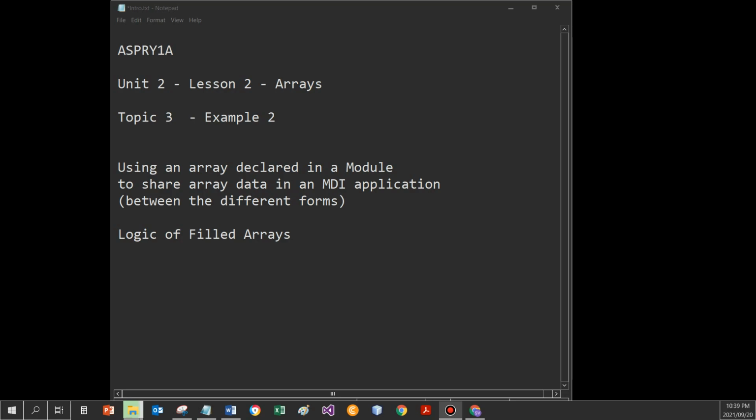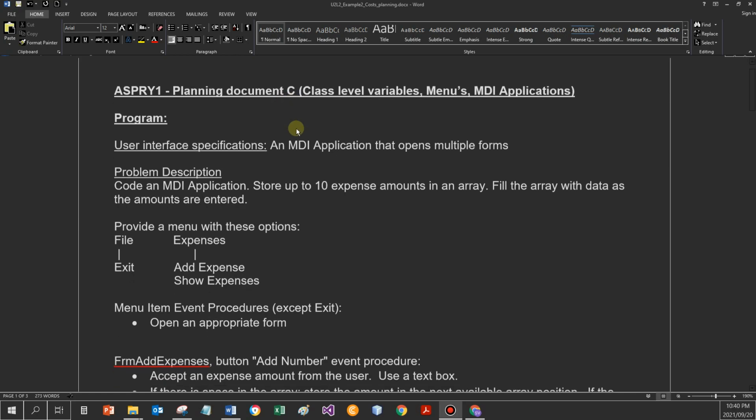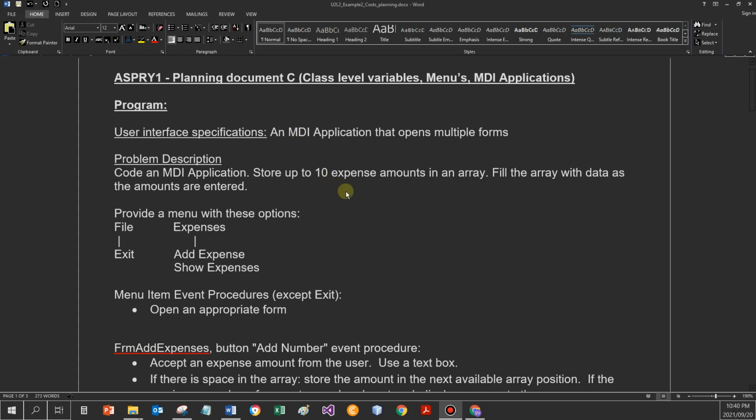Hello everybody, this is then the second example, and we are going to use an array that's declared in a module so that an MDI application, multiple forms, can share the array data, and the array would be gradually filled with data. I then again took planning document C, available on Vitella, and we are going to have a look at this